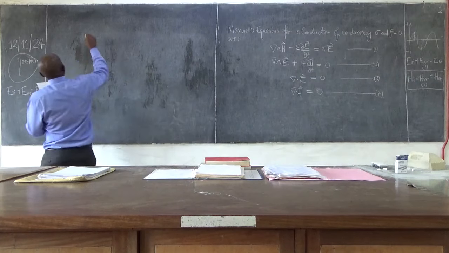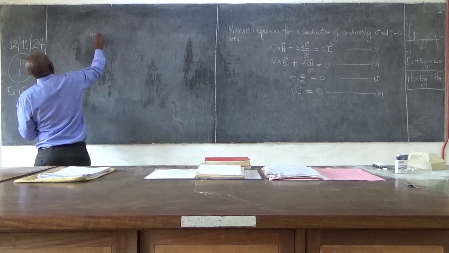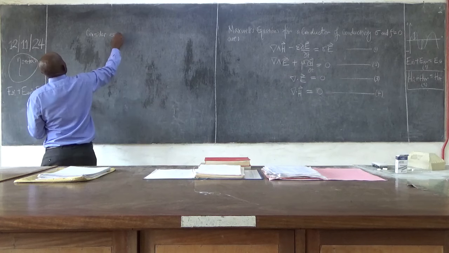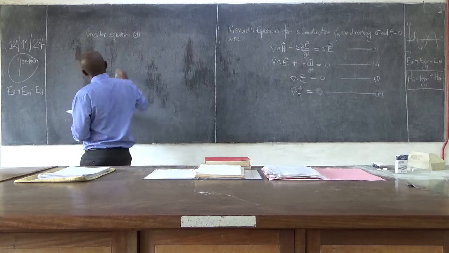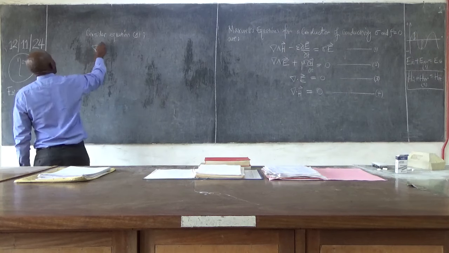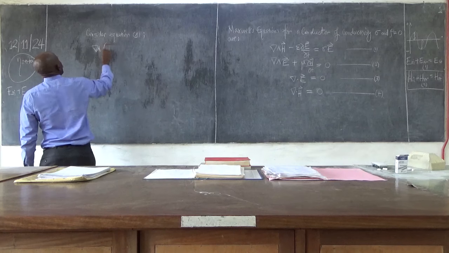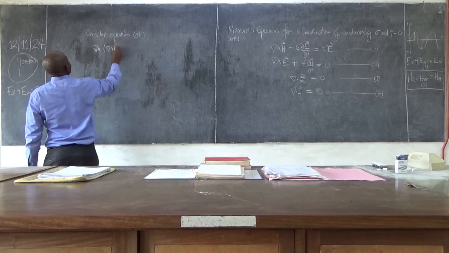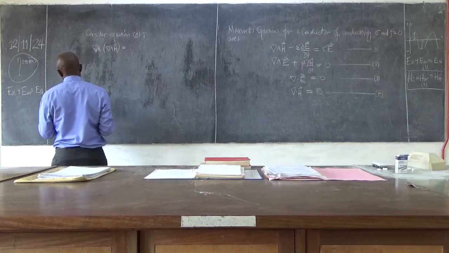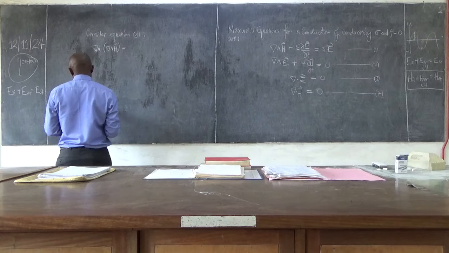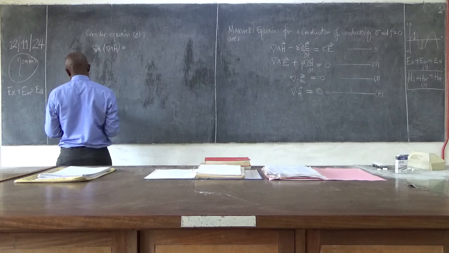So consider equation 1 and take the curl. So when you take its curl, this would be the same as, so the curl of H, so we get the curl of H minus